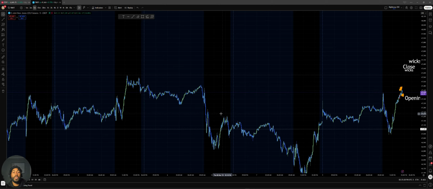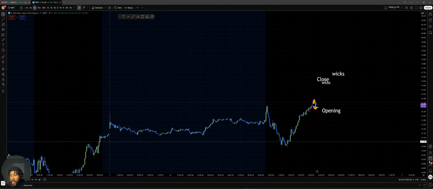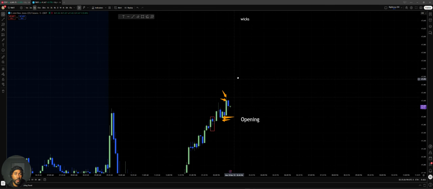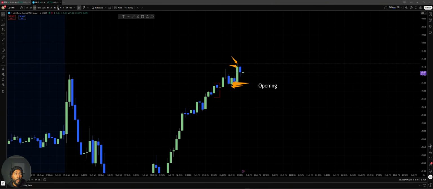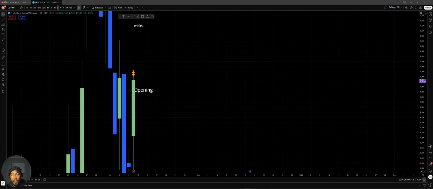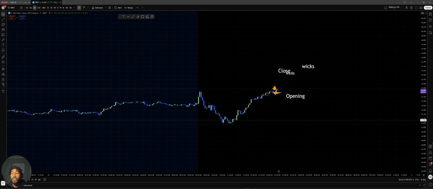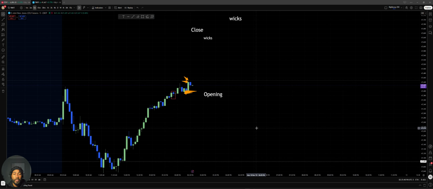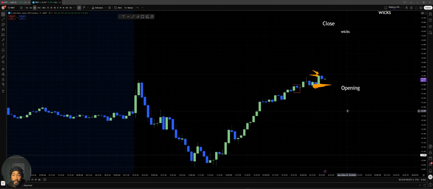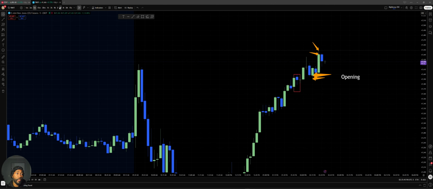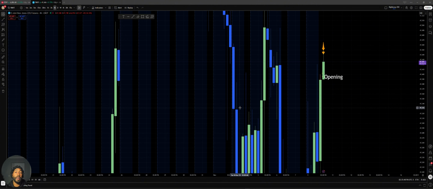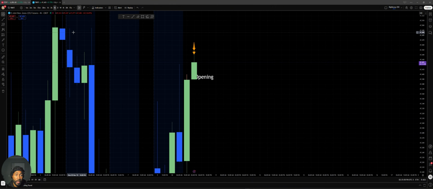So you just want to keep this in mind. You want to keep in mind that you're going to be going back and forth from these higher time frames all the way down to these smaller time frames. And I know I'm moving the screen quickly, but like I was saying in all the examples, every time frame has a certain amount of action going on within it. You need to figure out what's going on within that time frame